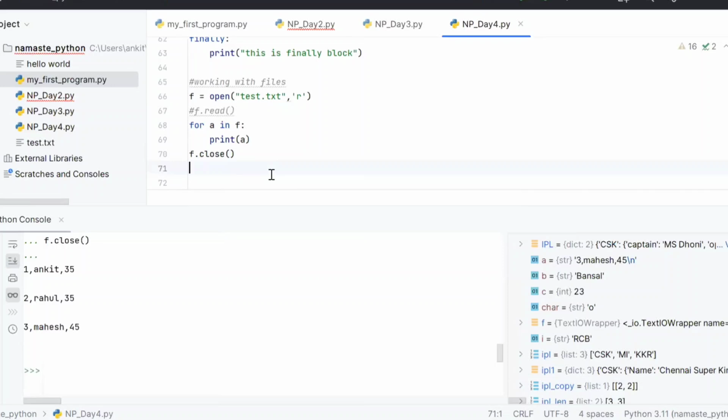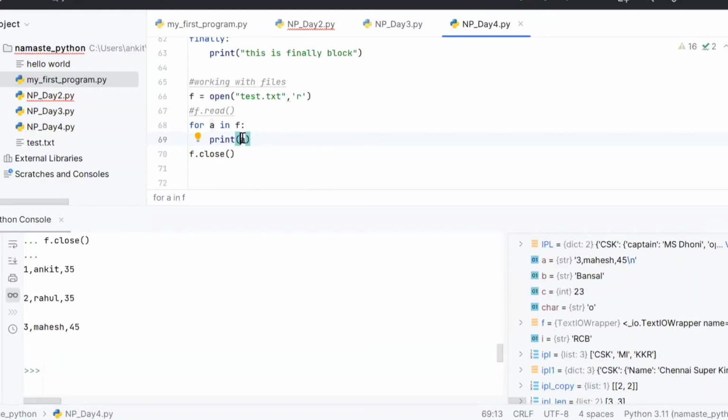But it's wrong, no? If we want to create one file and send that file to a different downstream, they will get an error, right? Extra lines are there. No, you won't print it, right? It is just for print. You will write to another file. That time the new line will not come, right? If you want to create another file, you will directly write it into that file. You are not going to print, right? It is just when you are printing on the console that the new line is coming. That's it. But if you write this line to another file, it is fine.